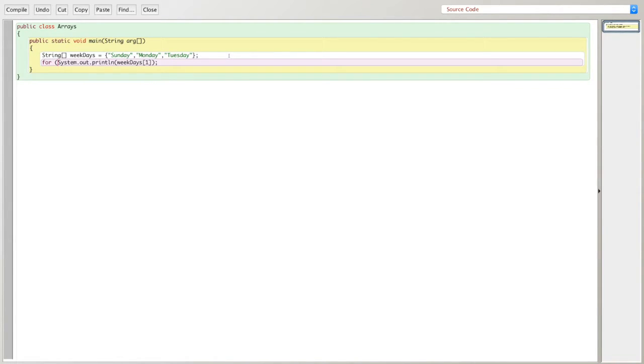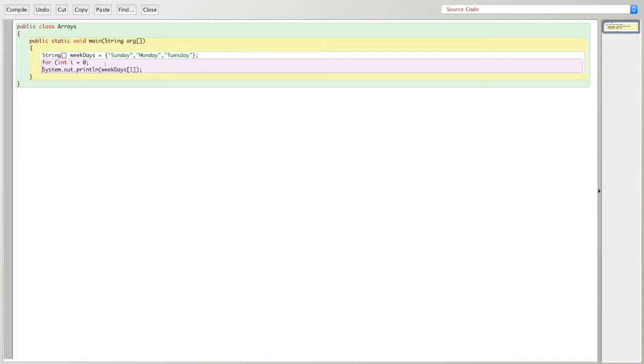So for int i, for index, equals 0. The dot length part comes in handy here because we're going to go until i is less than weekdays dot length, remember without parentheses, and then we increment i each time